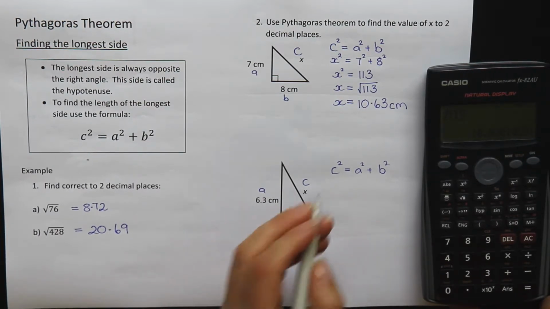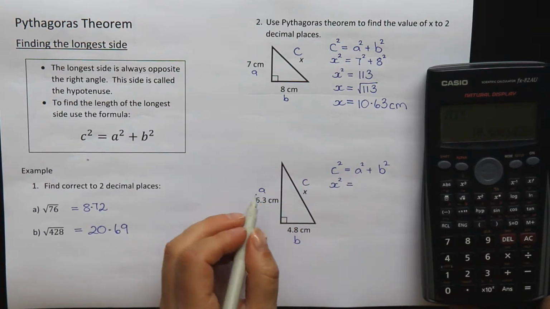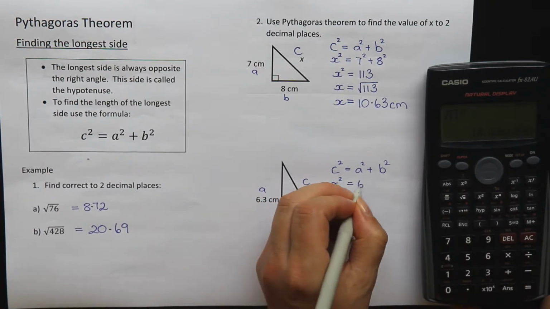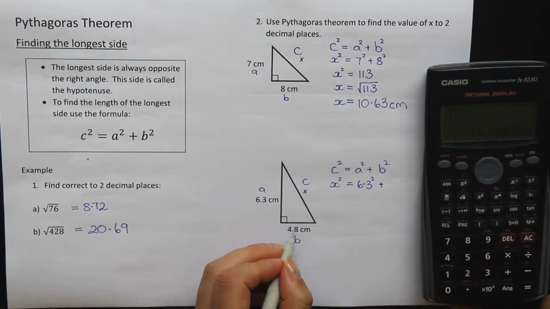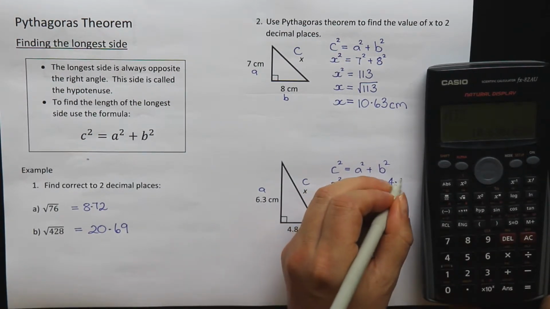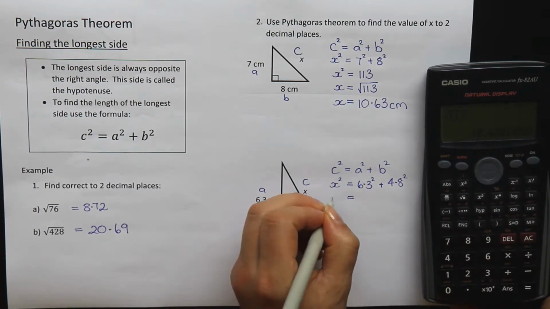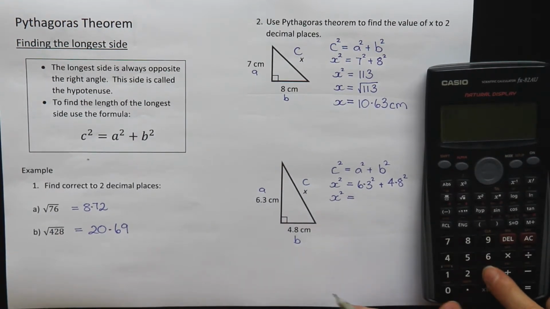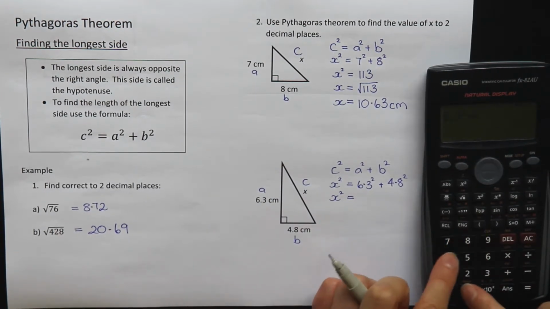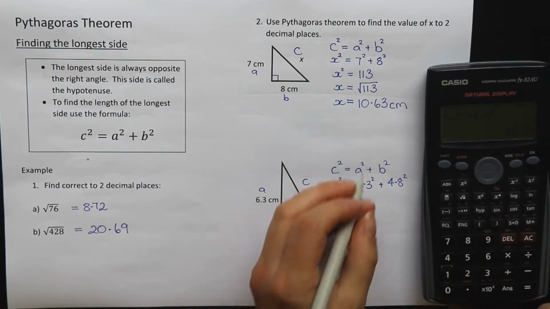Again, I have called the hypotenuse x, so it'll be x squared equals, A is 6.3, so that will be 6.3 squared, plus B, which is 4.8, squared. Use the calculator to work out what that is equal to. 6.3 squared plus 4.8 squared equals